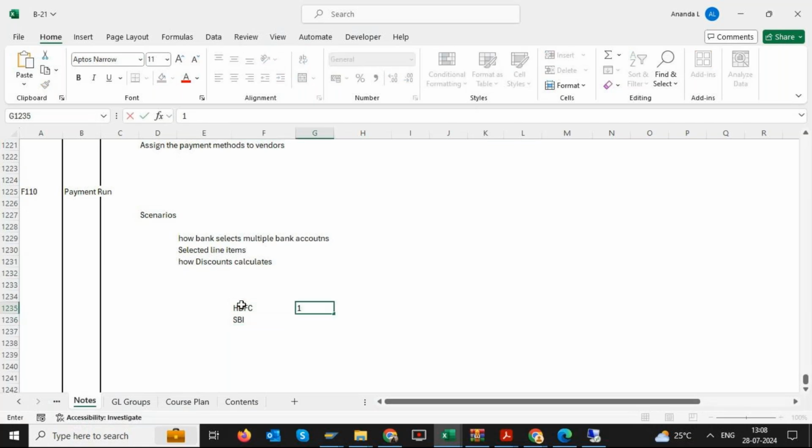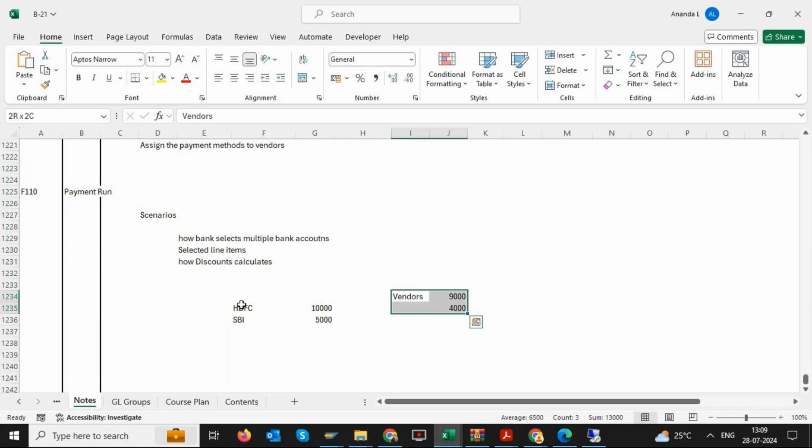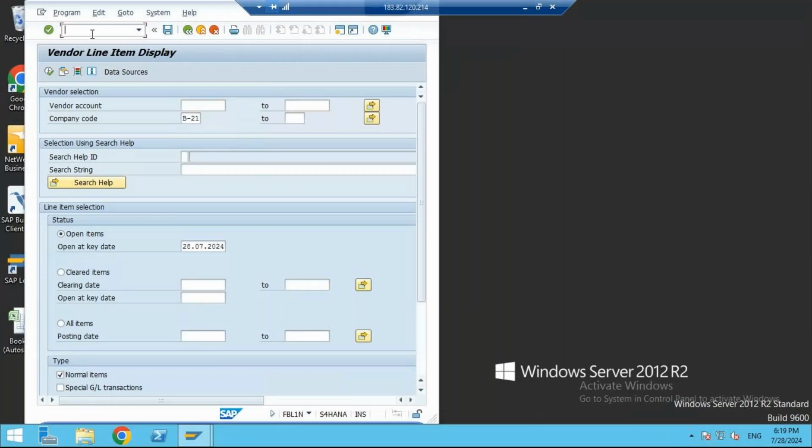Assume that HDFC has 10,000 rupees and SBI has 5,000, and you want to make payments to two vendors, one of 9,000 rupees and another of 4,000 rupees. Let us understand whether the system is going to pick up these entries as per the ranking. We'll book those entries first in F-